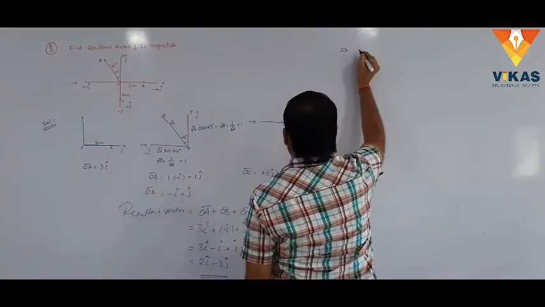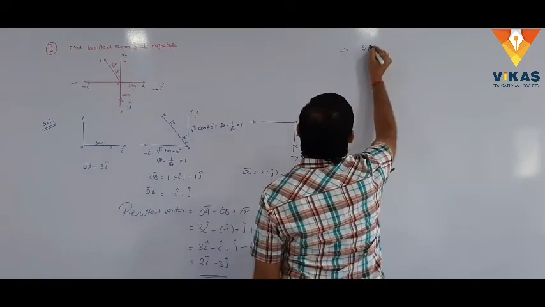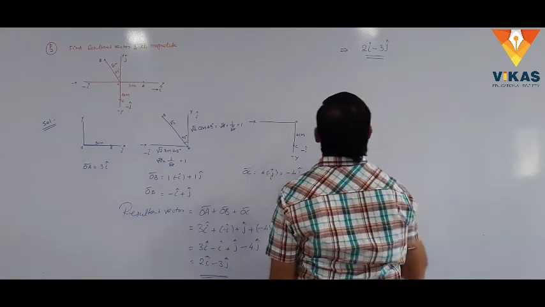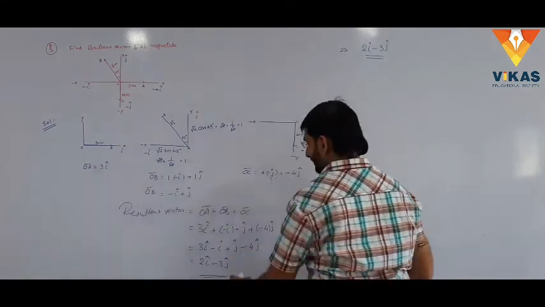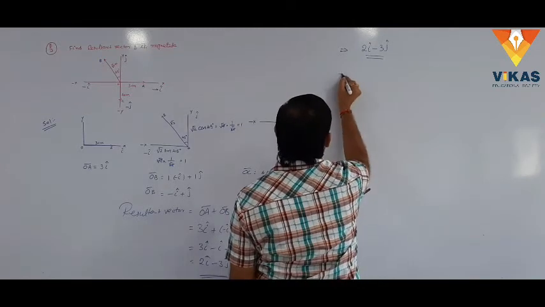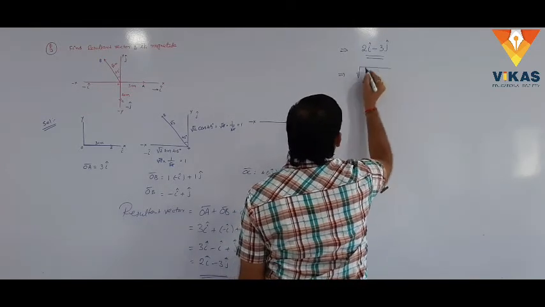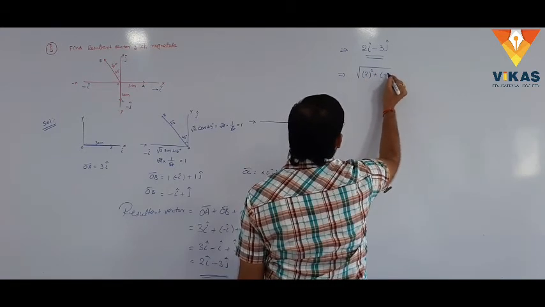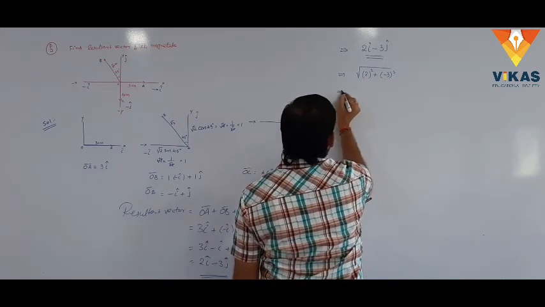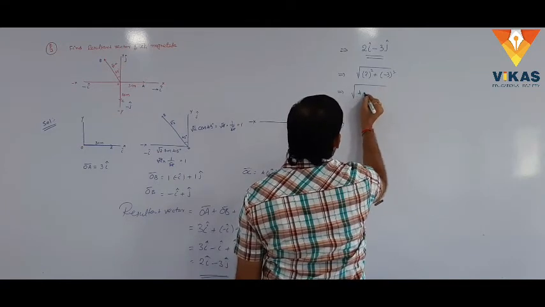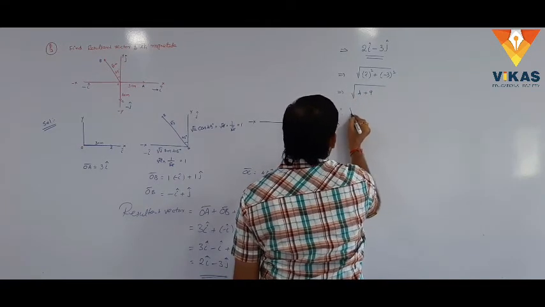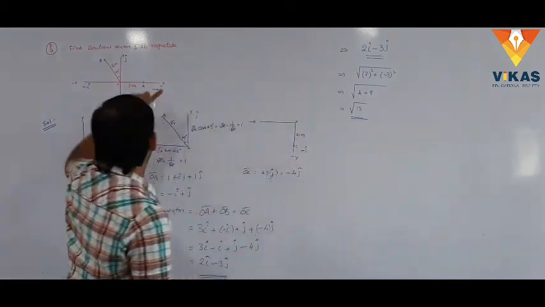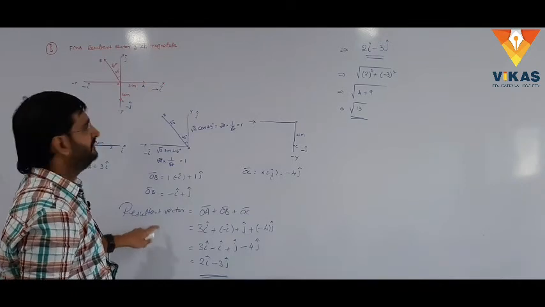The vector is there. What is the vector here? 2 i cap minus 3j cap is the given resultant vector. It is calculated from the given data. What is its magnitude? The magnitude of this vector is the coefficient of i whole square, like 2 whole square, plus the coefficient of j whole square, like minus 3 whole square. Simply the square root of 4 plus 9 is root 13. Root 13 is the magnitude of the given resultant vector, not an individual vector.